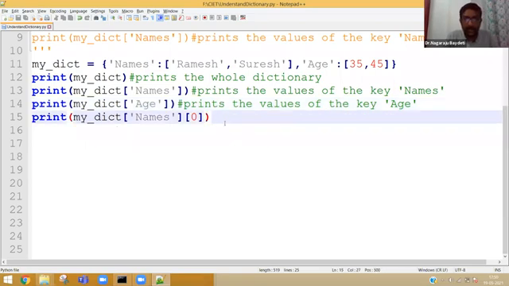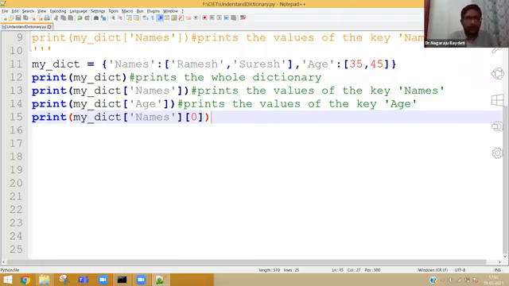I am giving a hint now. Try to change the values and check whether it is changing or not. Then try to change the key also. Then just check whether it is mutable or immutable. Okay. And in case you fail to check, tomorrow please ask me in the beginning of the session. We will discuss that.